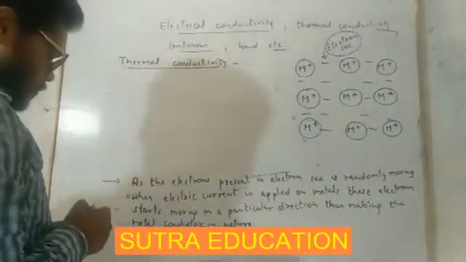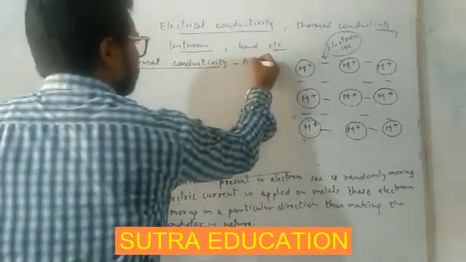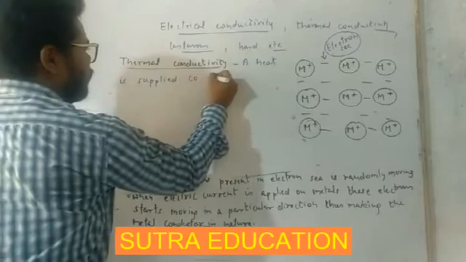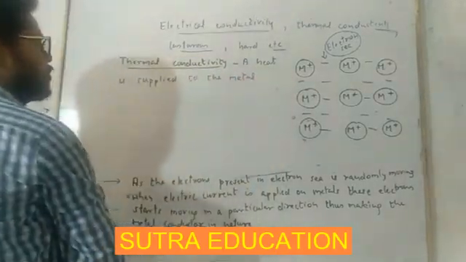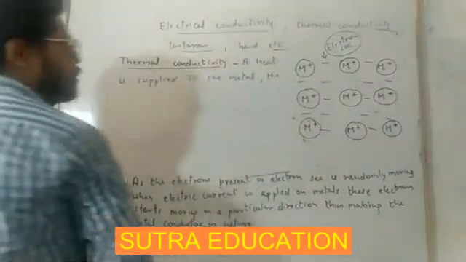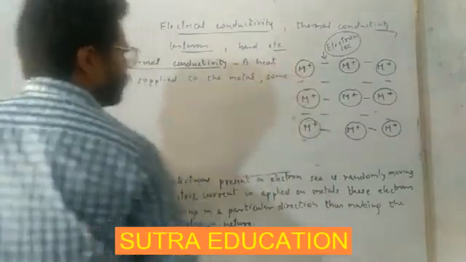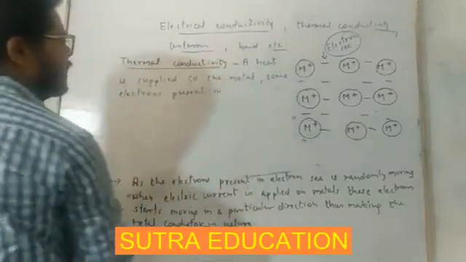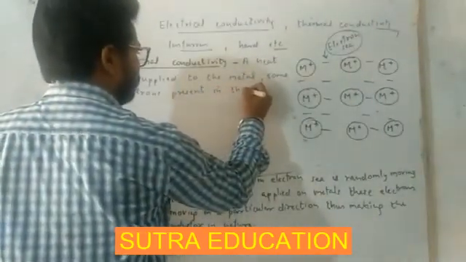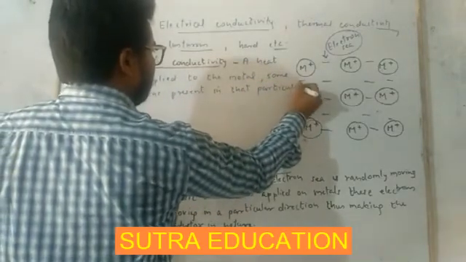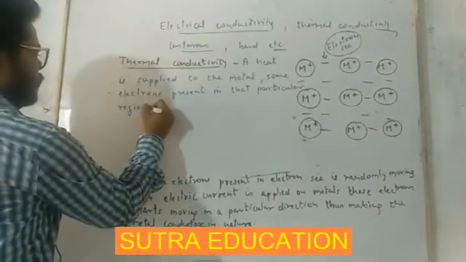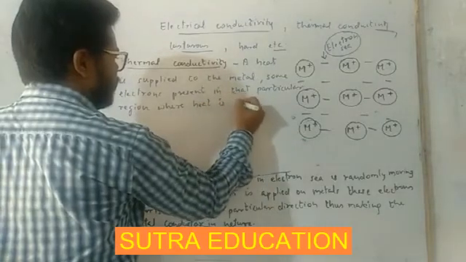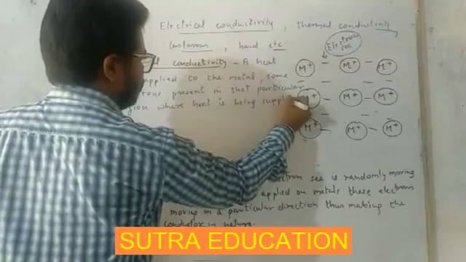So what happens as heat is supplied to the metal, some electrons present in that particular region where heat is being supplied,